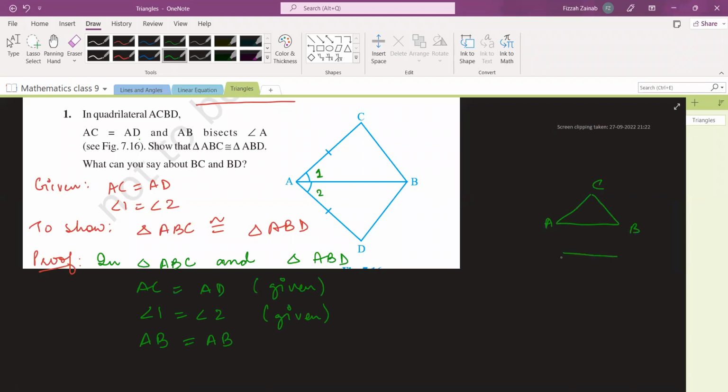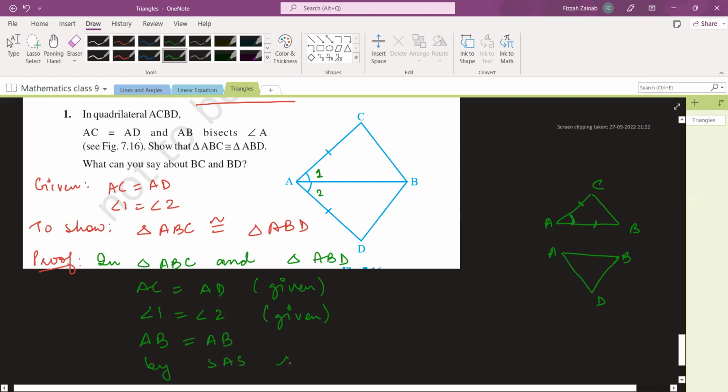And if I just divide it, can you see this? So AB is basically the part of both the triangles. So obviously it has to be equal. So as you can see, this side and the middle angle are equal, correct? So which criteria? SAS. Understood? So by SAS criteria,